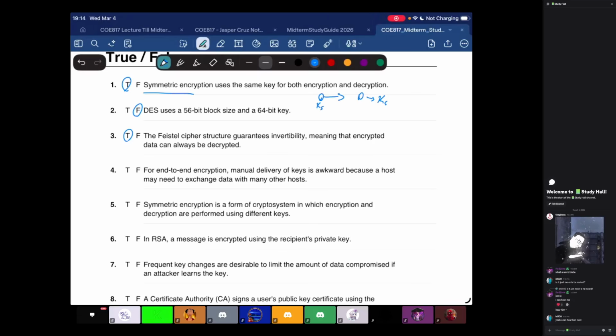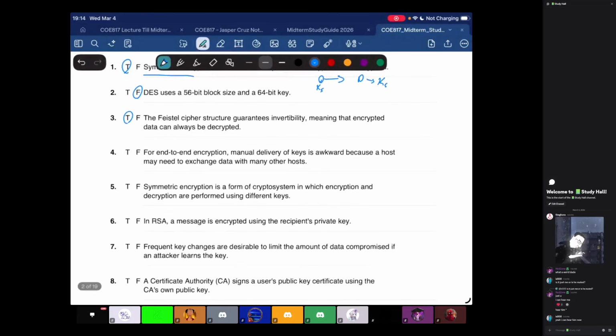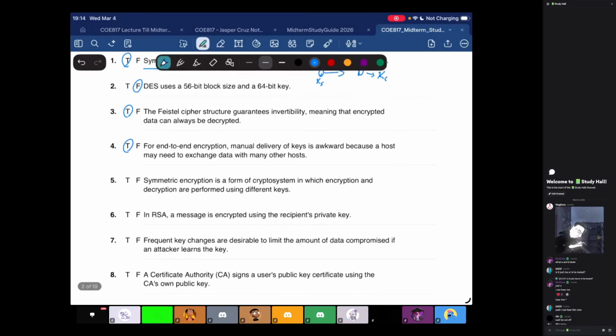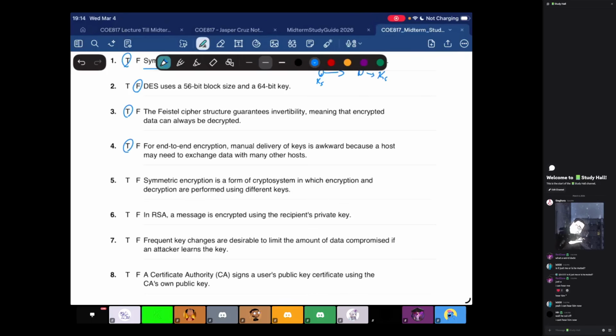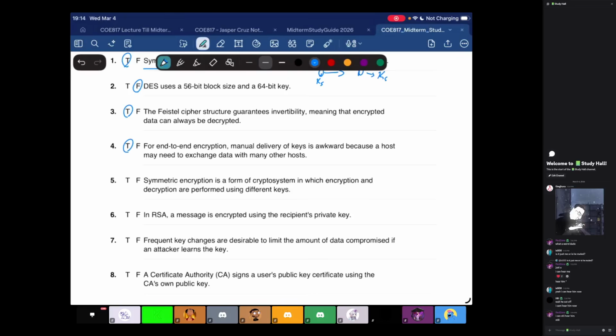You have to manually deliver that key, and this question is basically saying that it becomes awkward, and that is true. The scale becomes hard because you have to deliver over. That's link encryption. End-to-end encryption, you're delivering just to the destination, and it becomes awkward because